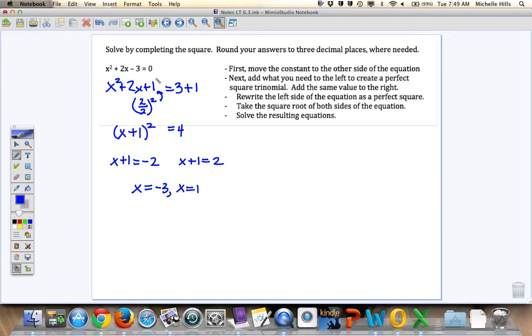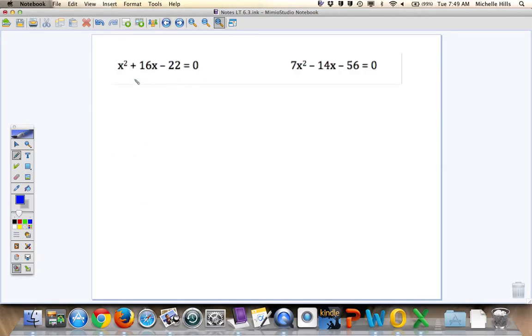So if I graph the equation y equals x squared plus 2x minus 3, it's going to cross the x-axis at negative 3 and positive 1. Now, yes, this one was factorable, but if it says solve by completing the square, make sure that that's the method that you use. So same thing, and we're going to get into something here where first we have to